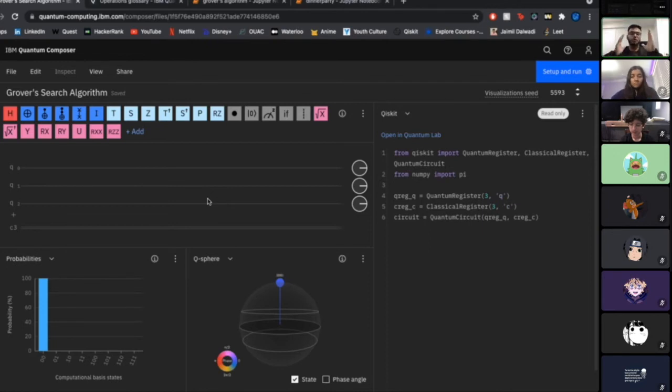So let's say you have a probability, right? And you put a gate to it, it will alter that probability for more useful information, I guess you could say. So what we'll be doing is basically putting a bunch of gates together to try and get what we're looking for. So the example I'm going to give today is called Grover's search algorithm.